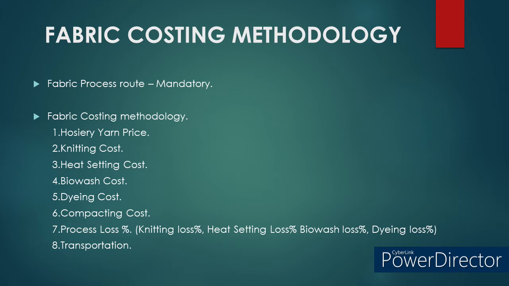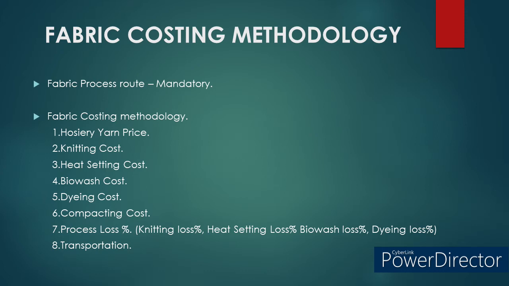Number 1. Need to consider the yarn price based on the yarn count and lycra percentage which we have used in that particular fabric quality. Regarding yarn, whether it may be a combed yarn, carded yarn or compact yarn. Regarding lycra percentage, whether it may be 5%, 8% or 10%, whatever may be the requirement. Example, if the lycra content requirement is 5%, then the yarn price needs to be considered as spun yarn cost into 95% and lycra cost into 5%, and both these costs need to be summed up.